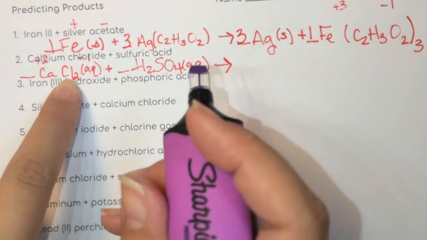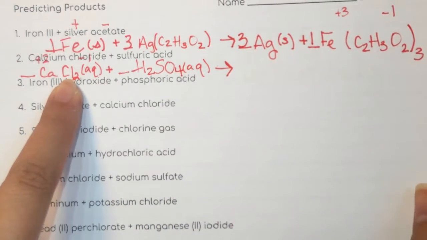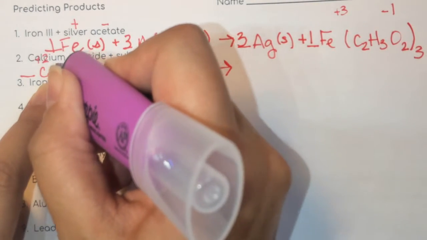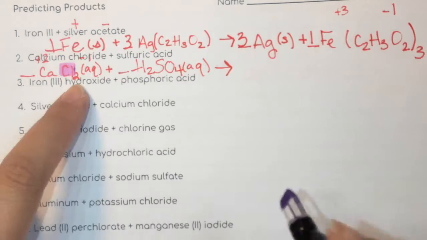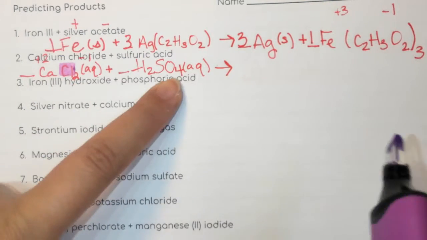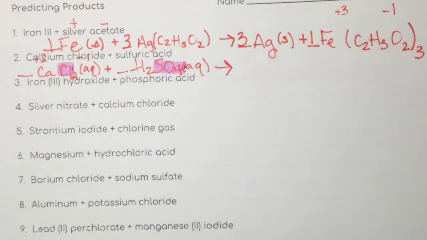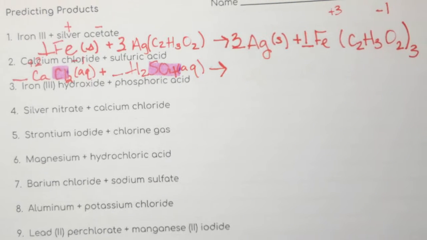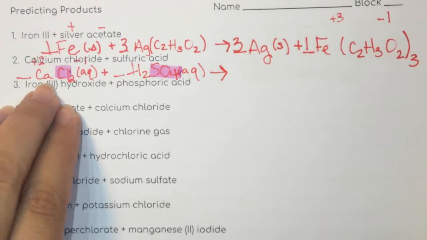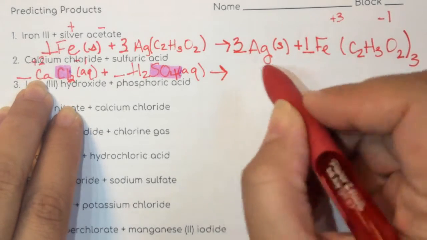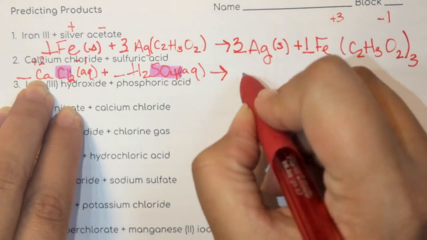So I know that the anion here is chlorine, so I'm going to color code it so I know what I'm moving. Okay, so Cl. And then SO4 is my anion over here, so this is what I will move on this side. So these two things are swapping places. So now instead of calcium chloride, I'm going to have calcium and sulfate together on this side. So Ca,